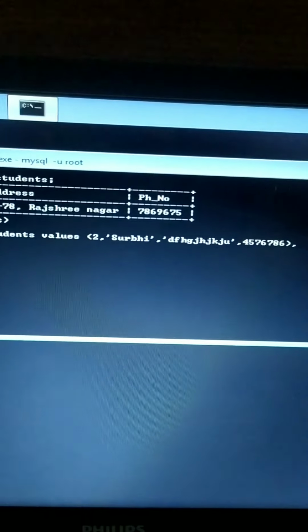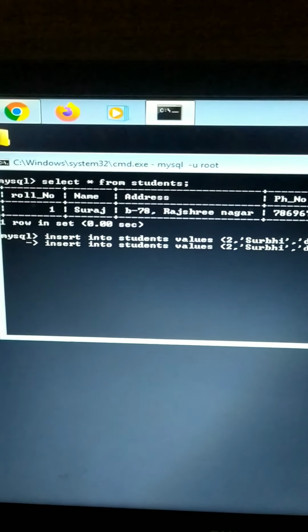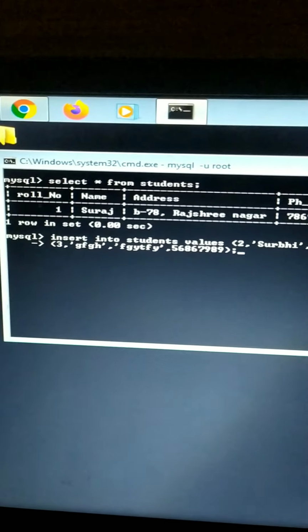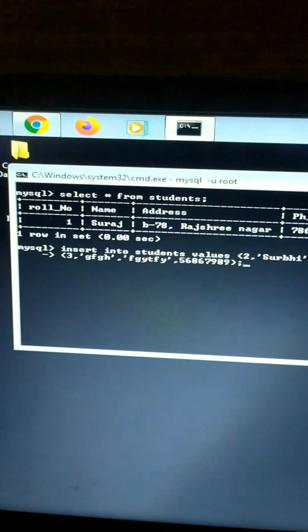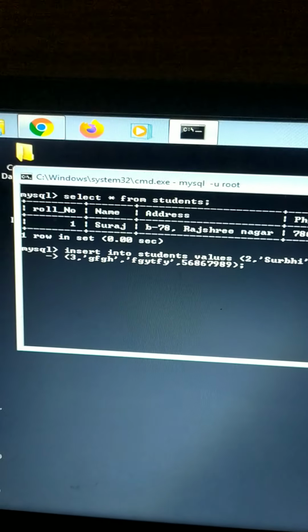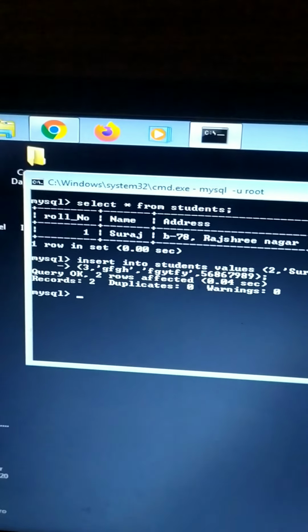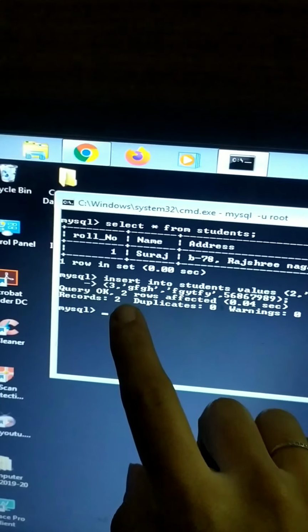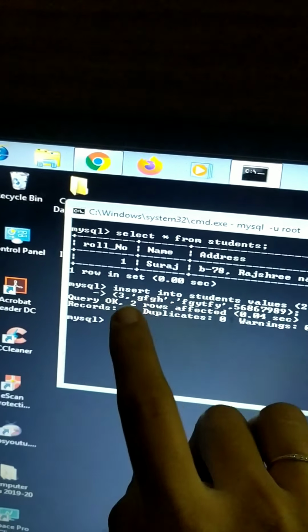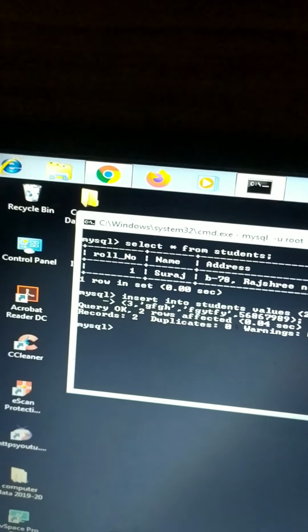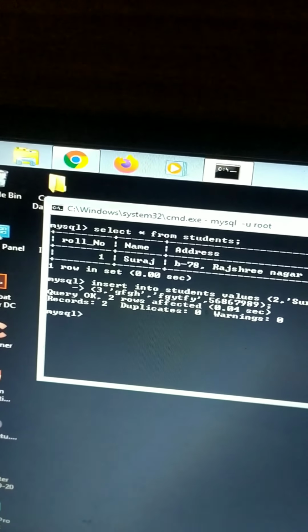Then next I want to insert roll number 3, the record of roll number 3, and enter. See, query okay. Now 2 records I have inserted, that is roll number 2 and roll number 3. Clear everyone how to insert multiple records in a table.